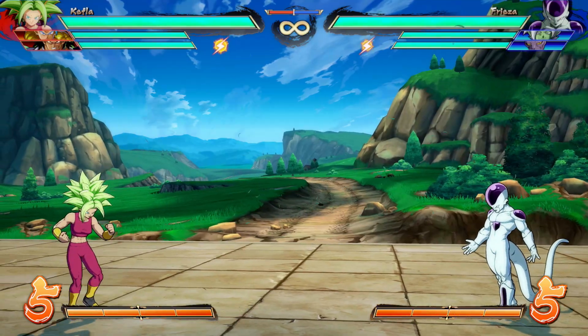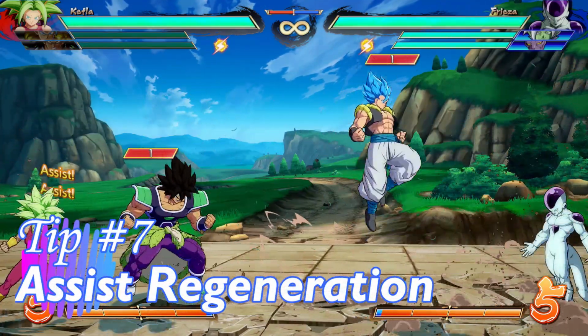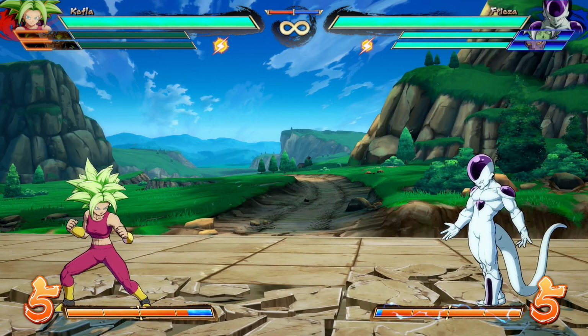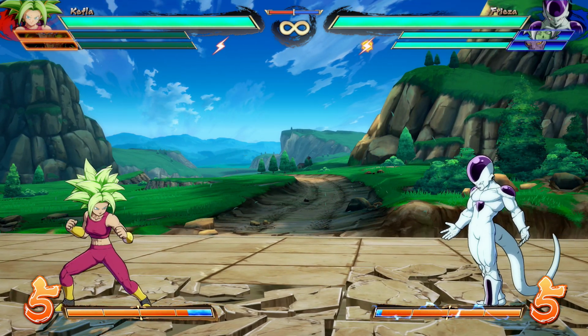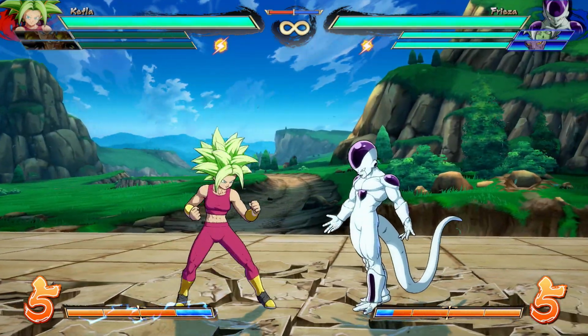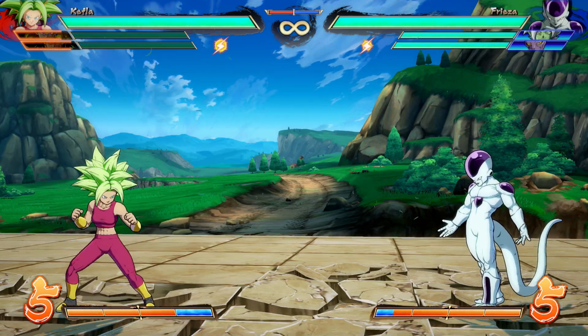Now let's talk assists and assist regeneration. So as you know, you can call your assists, and they come and they do their thing. And then after a little period, the bars start regenerating, and when their regeneration is full, you can use them again, right? So that's a pretty basic concept here. Although Season 3 introduces a little bit of a change to two aspects of it. One,